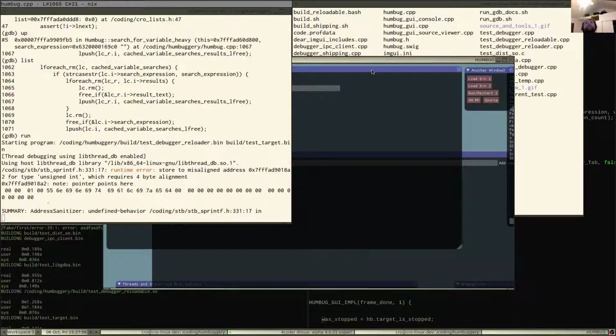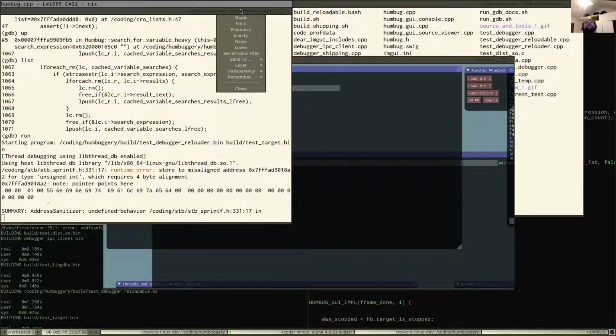Let's run. Okay, so I want this to not be like, I don't know why it does this every time. Normal. Remember layer.